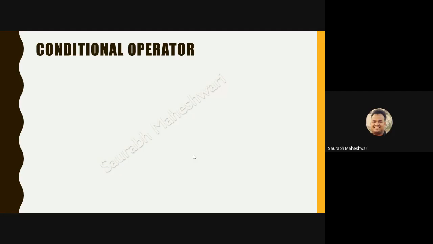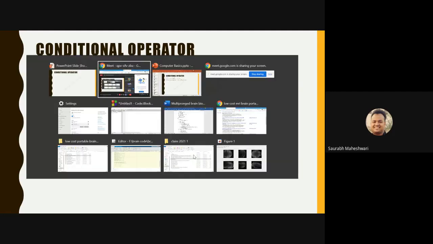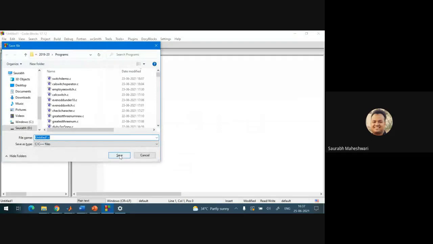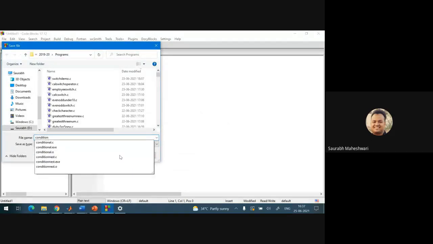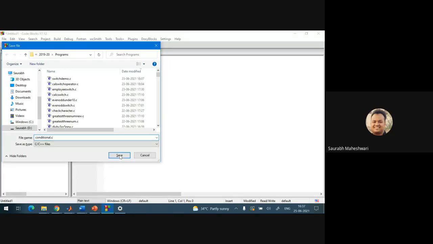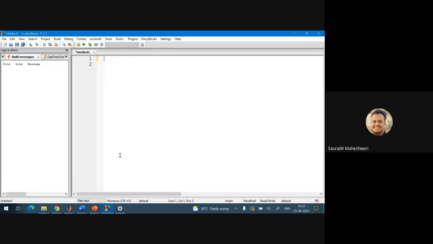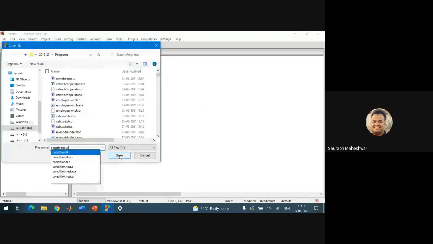Now, first of all, we will see what the syntax of the conditional operator is and how to use it. So first we will save this.